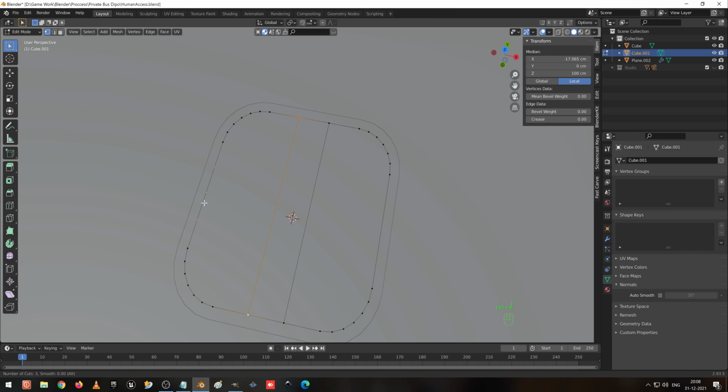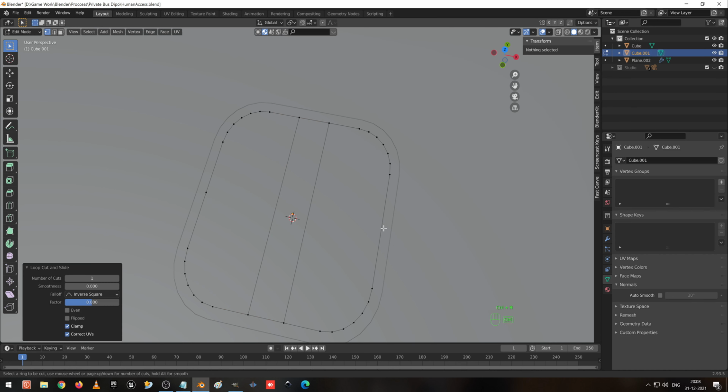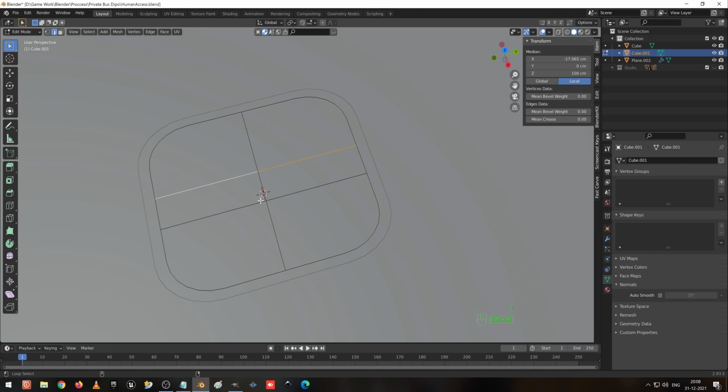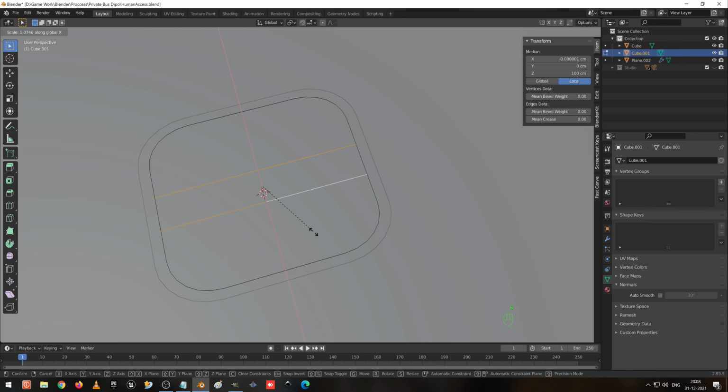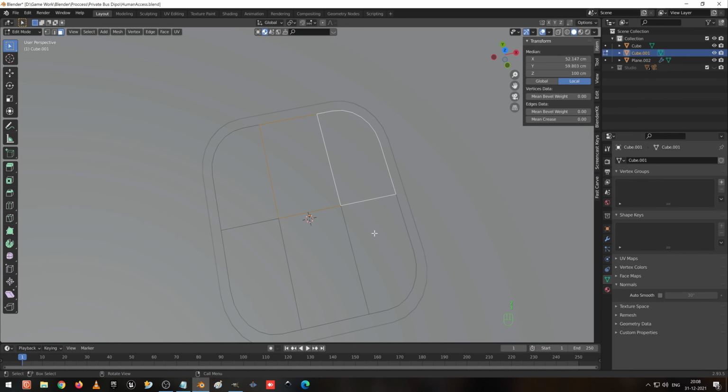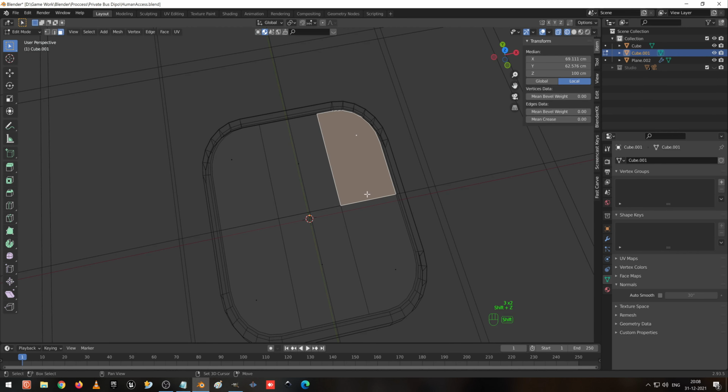And I create one more edge loop. So we are creating the edge loops by pressing Ctrl R. Select these two edges and scale it in X axis, move it slightly here in this way, and press 3 on the keyboard for the face selection.